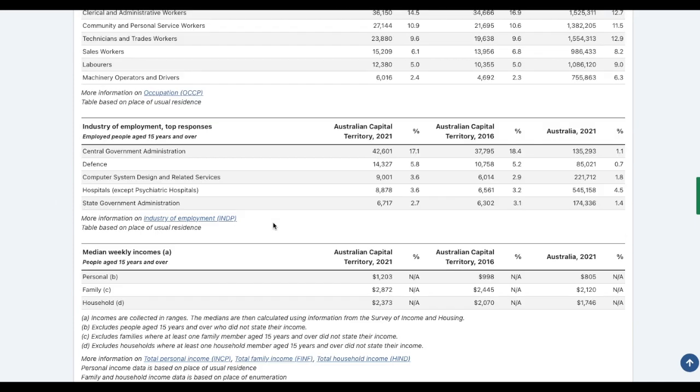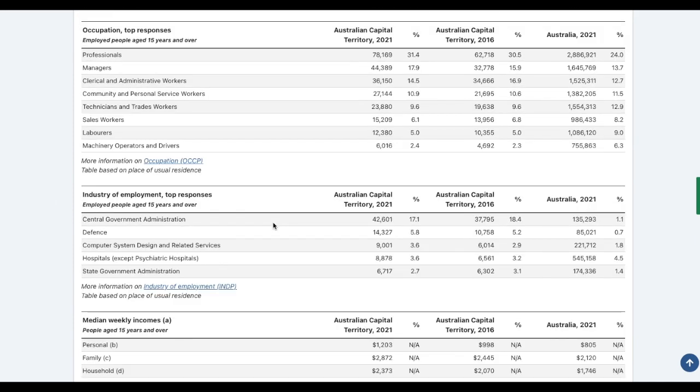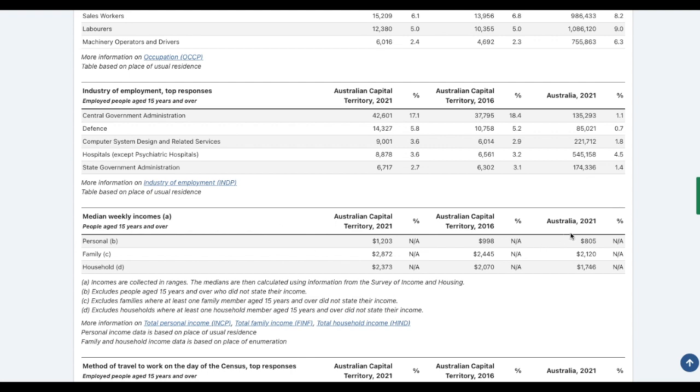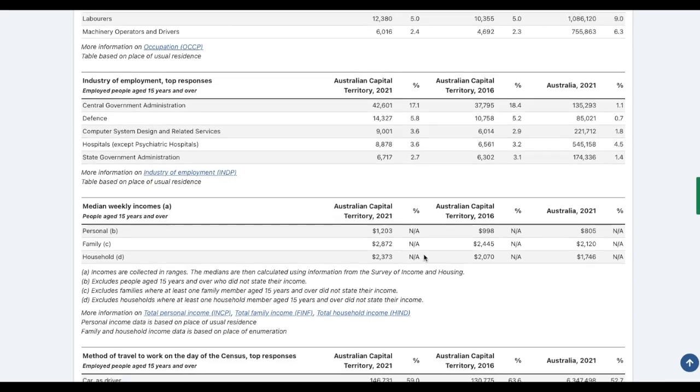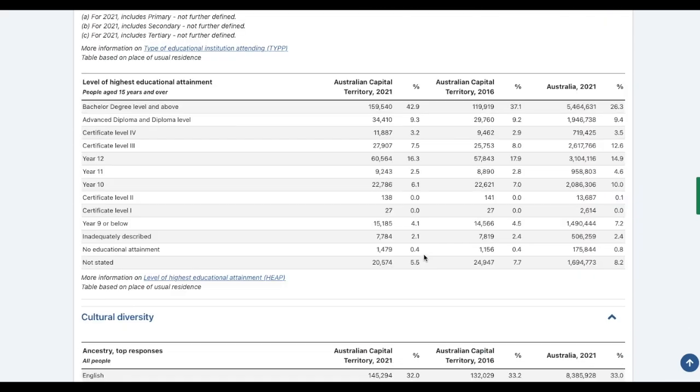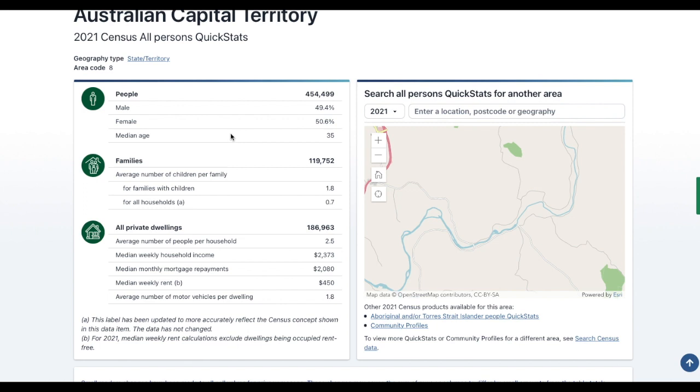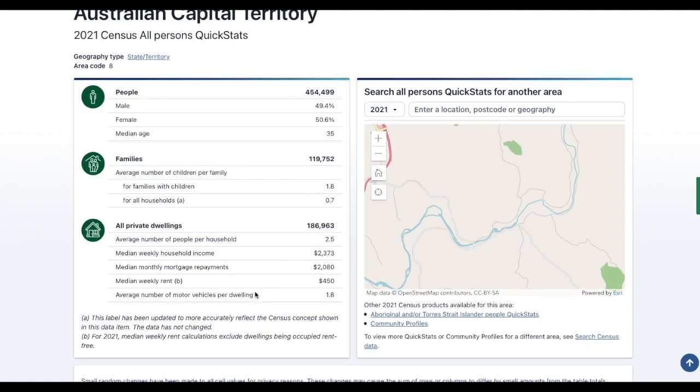One thing I did want to show you here was the average weekly income. So personal, you can see here we've gone up slightly, and compared to Australia we're much better off. Okay, and so that's common, that's consistent across all the pay levels or all the income levels. So be conscious of that. But for your assignment, a lot of the information you need is actually up here on this top information. So make sure you have a look at this and make sure you read this in detail,